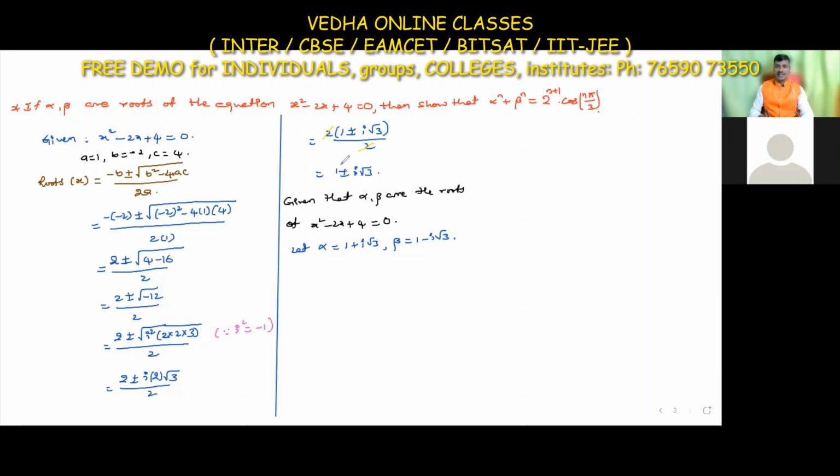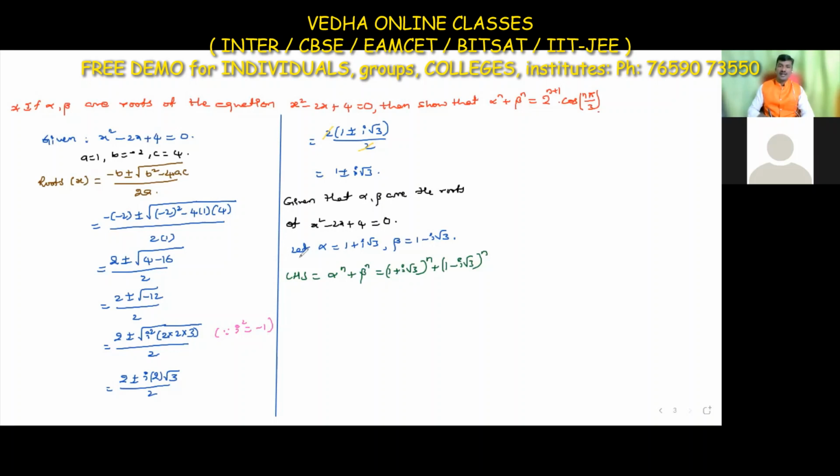Okay, so now take the LHS. What is the LHS here? LHS is equal to alpha power n plus beta power n. That means 1 plus i root 3 whole power n plus 1 minus i root 3 whole to the power n. Now this is a complex number, and we have to simplify it like the previous problem. How did we do it in the previous problem? Like that, we convert into mod amplitude form and simplify. First I am taking the inside complex number, that is 1 plus i root 3.